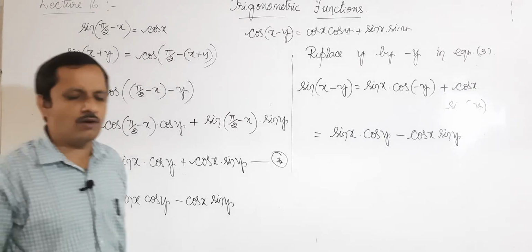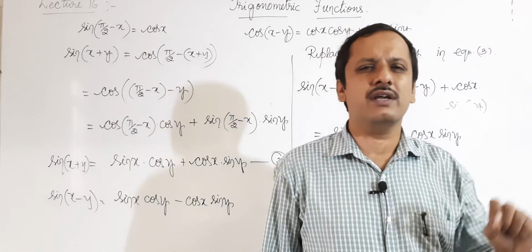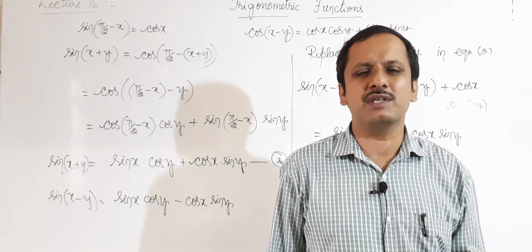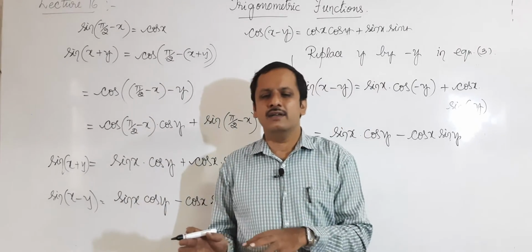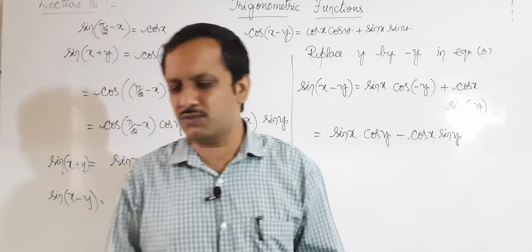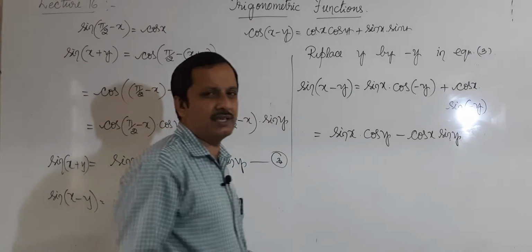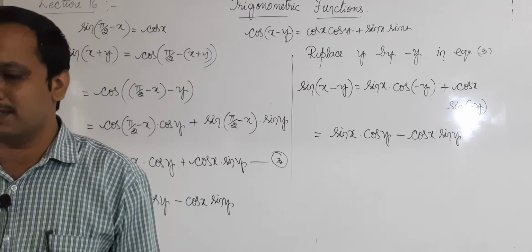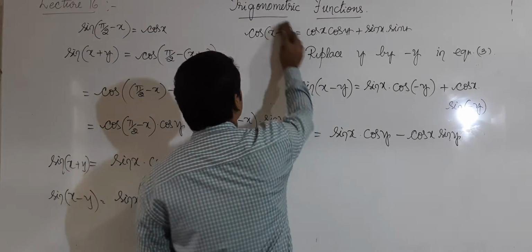Okay. So we have obtained 4 formula, that is cos x plus y, cos x minus y, sin x plus y and sin x minus y in terms of x and y. In some books you might see those formula in terms of a and b, sin a plus b, sin a minus b, cos a plus b, cos a minus b, etc. Okay. So if that is the case,